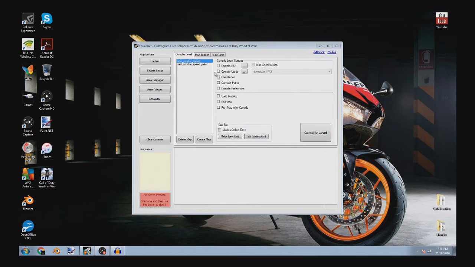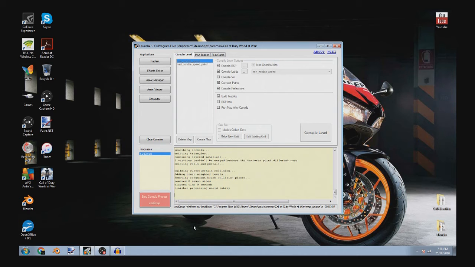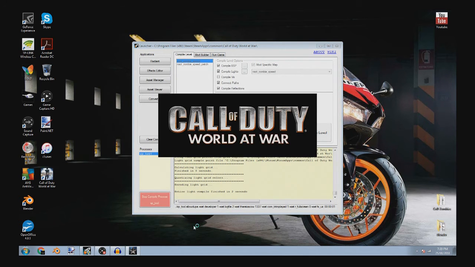Reflection path build that. So what you do is for this one, just the normal one, you're just gonna go like this, and then you're gonna go to your map and you're gonna hit compile. We're gonna see. This should just take a couple seconds. So you're just gonna let it do its thing right here. So while it does its thing,